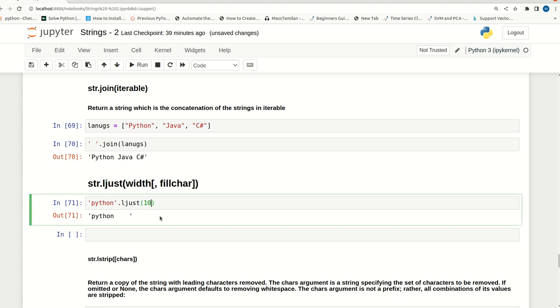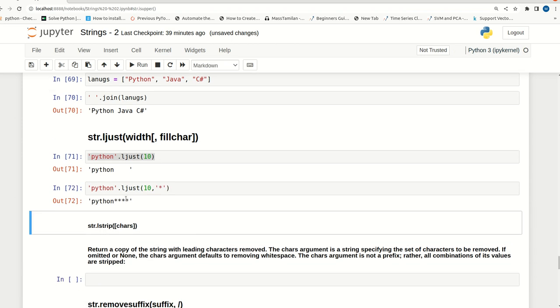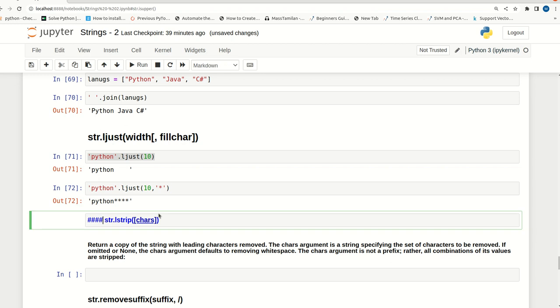Okay, maybe here we can give some fill character. I'm just copying and pasting here. We can give the fill character star. See, there will be 4 stars. Total it will be 10, and then the rest of the spaces will be filled with the fill character. Okay. Now next is